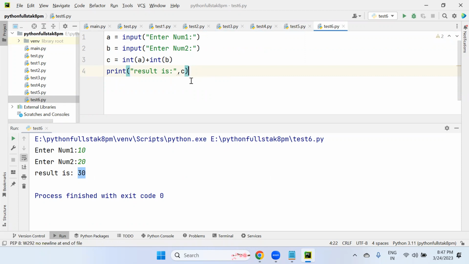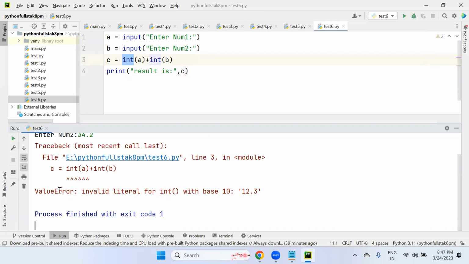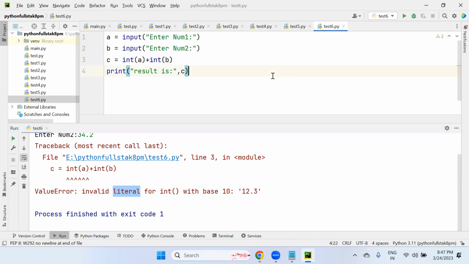I understand your question. In this program, for example, I'm doing integer conversion here. The moment I run this with float values, look at this, there is no restriction at all. Immediately it is showing an error. Got my point? I can see red color, this is an exception. But to avoid these errors, we have to handle the program with an exception handling mechanism. Okay, that is a different part.